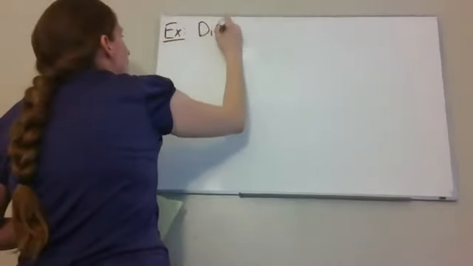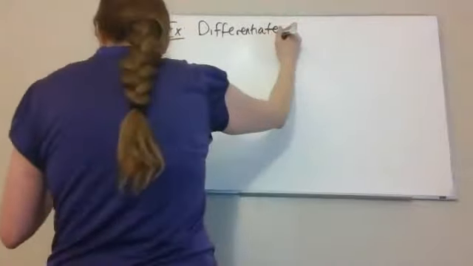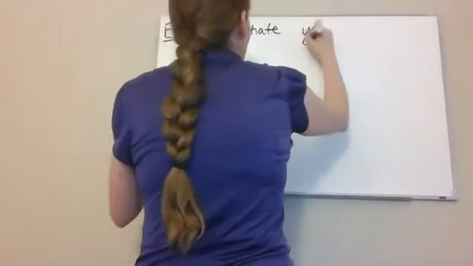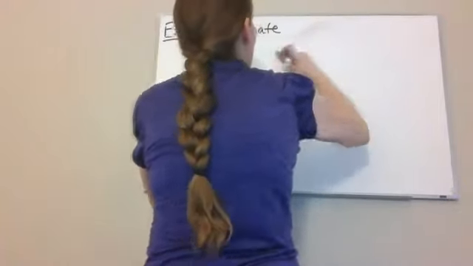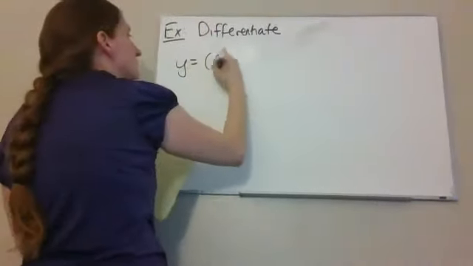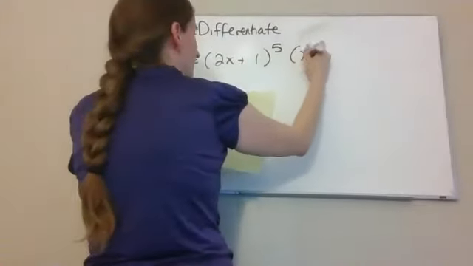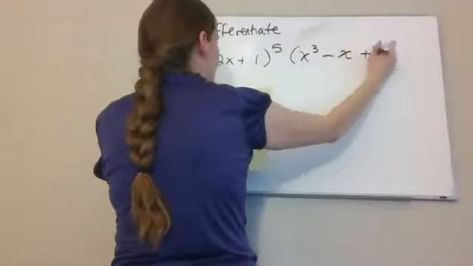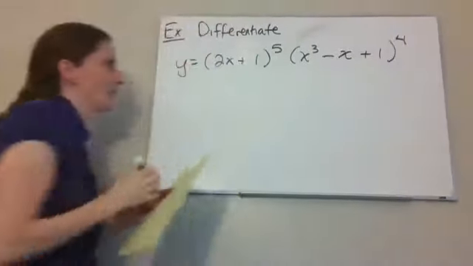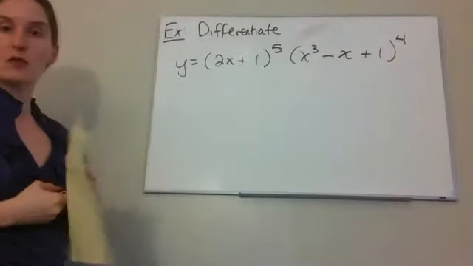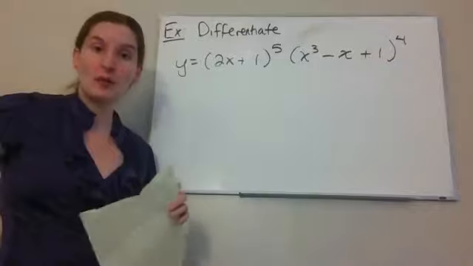So let's differentiate y equals (2x plus 1) to the 5th times (x cubed minus x plus 1) to the 4th. All right, so the first thing I want to point out is this is definitely a product rule problem because